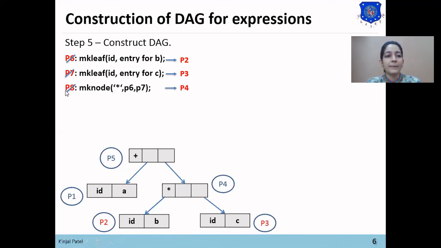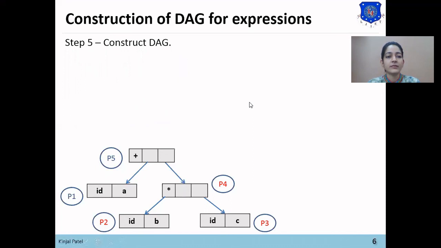The same way, P8 has been renamed as P4, so we have already created the P4 node and we won't create a node for B star C.